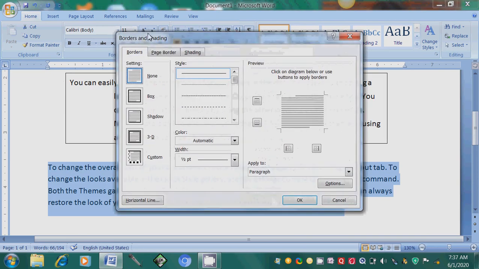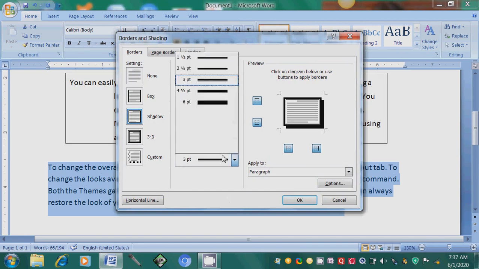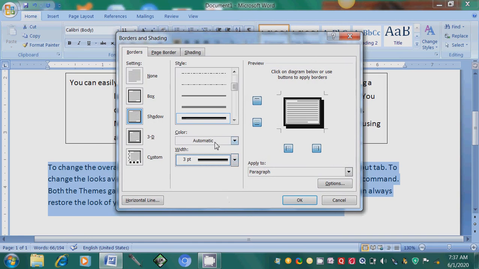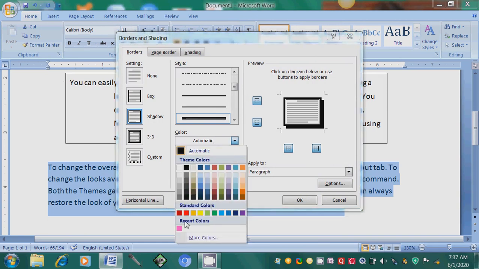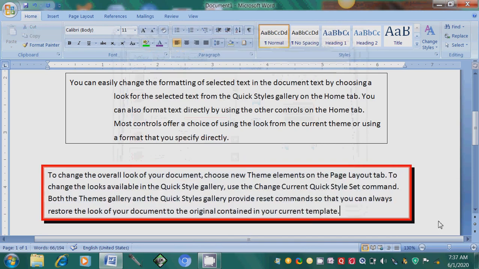Border and shading, border, shadow, and then different style you can choose, size you can choose, color you can choose. Click on OK. That way the border will appear with shadow.